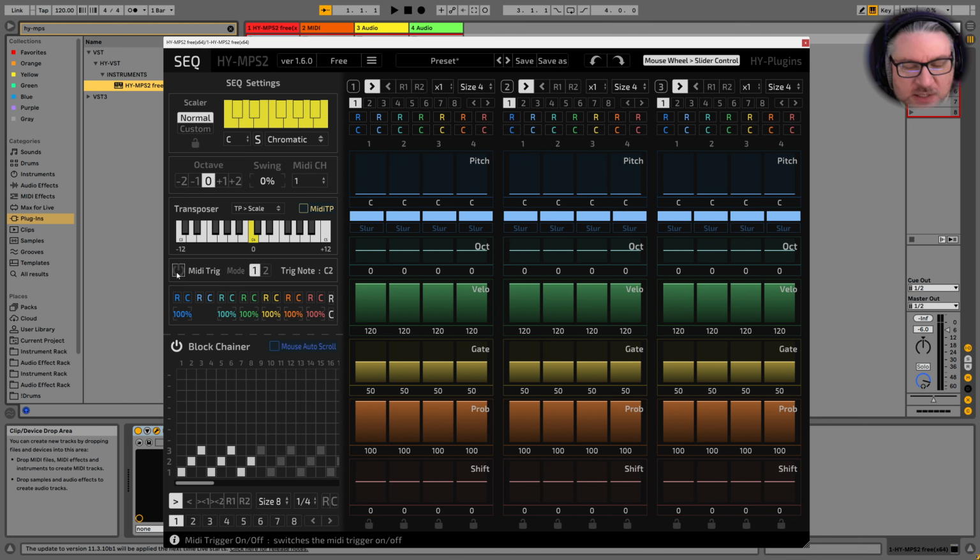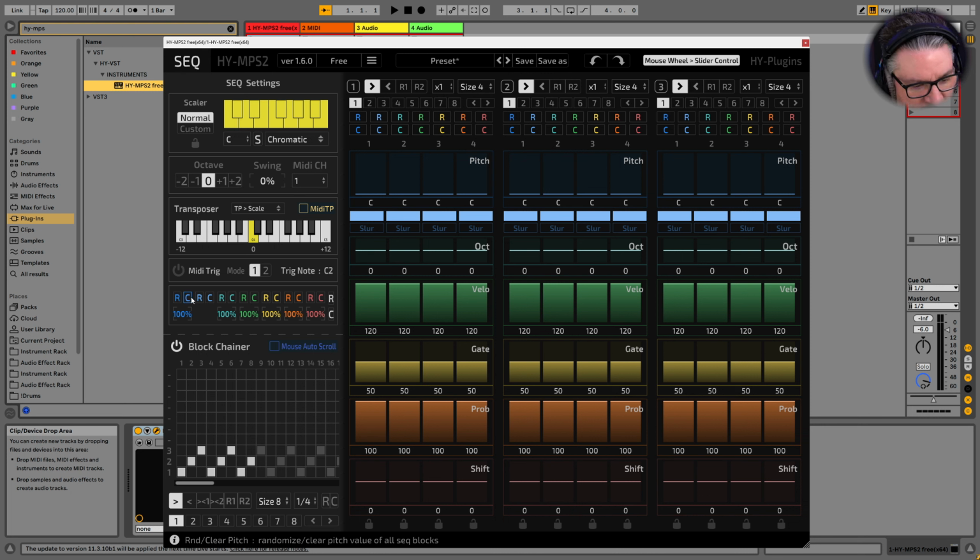MIDI trigger modes. So we know that this is going to be a trigger signal where you do it as a toggle or you hold it down probably, right? So it sets the trigger mode. 1: one trigger note will trigger the block chain or start stop. 2: will trigger when the note is pressed and it will continue to run. Block chainer will continue to run if the note is pressed.